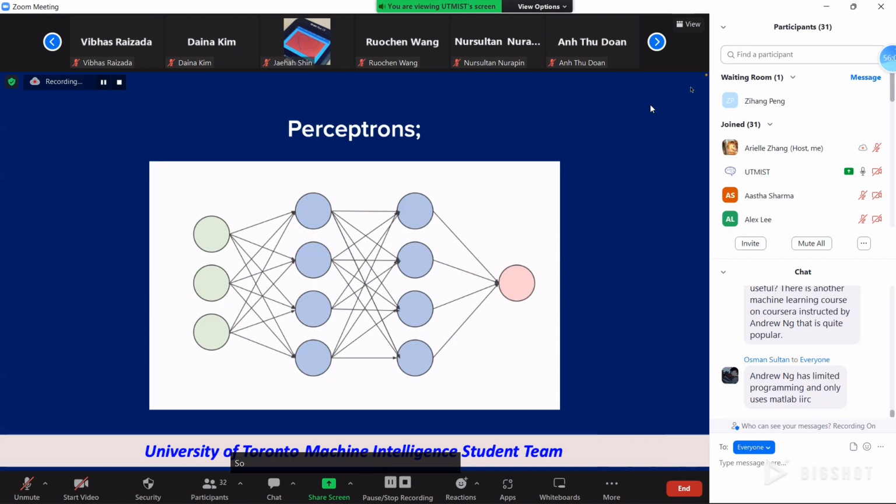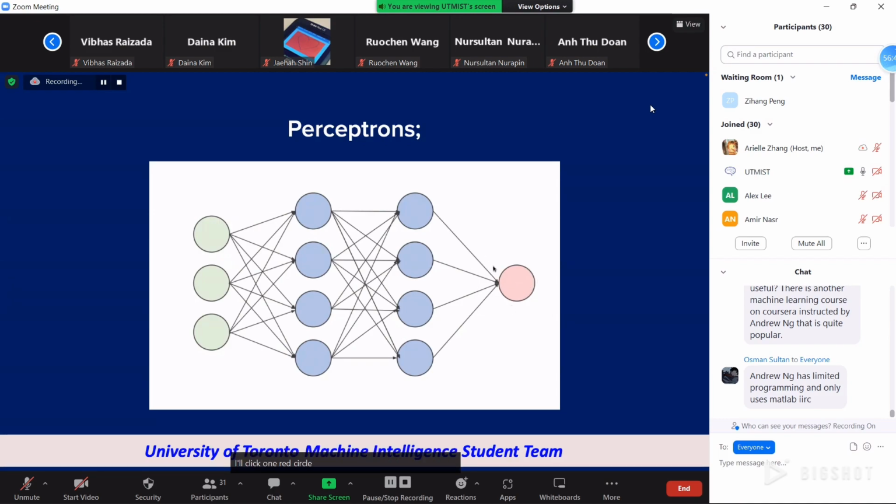So this is what's in your network. It's basically each of the dots, because there's no connection on the left over here. The three green circles are basically the inputs. There are some inputs that you put to the network, and by going through the computation of the connections in the middle, it is going to come out with one single output. Sometimes it comes out with multiple if you want to use contrastive loss, but in this case, we're only looking at the most simple example, which only outputs one